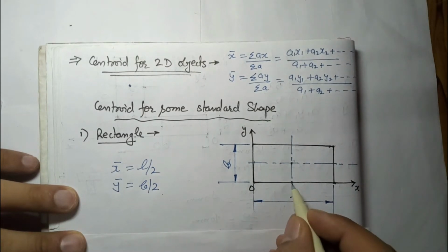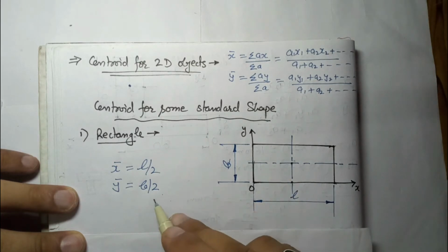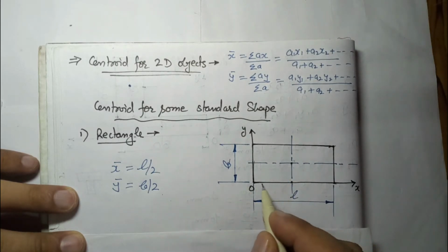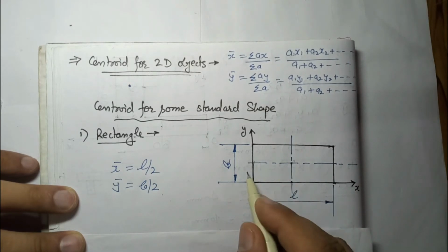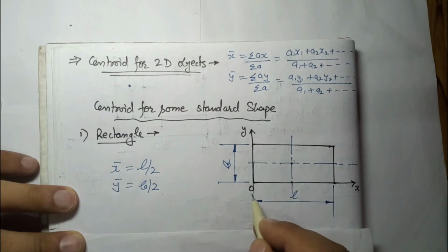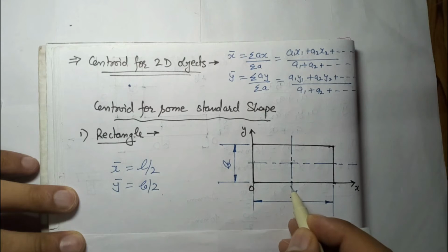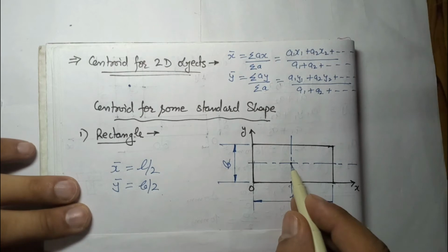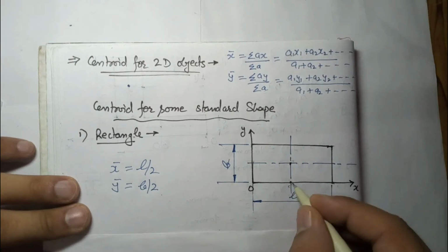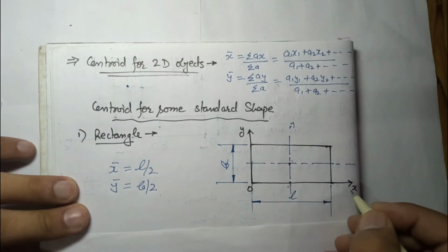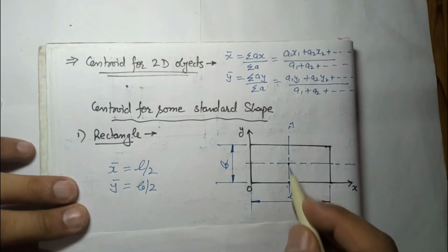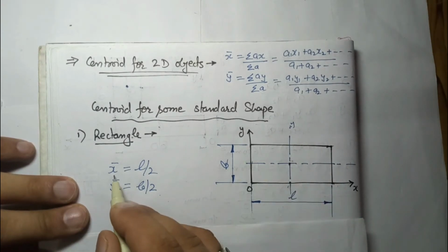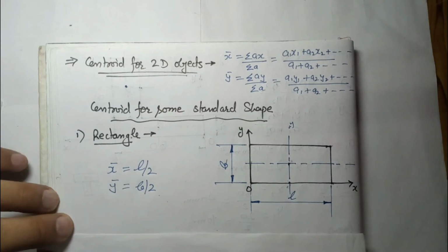In the same question, if you take the origin here, then it will totally change. In that case this x bar will be 0, because there will be no distance in the x direction from the y-axis. So the importance of origin is a lot here. Let's say you have taken this origin; where will the coordinate of x bar be? If you take the origin here, this will become the y-axis and this the x-axis, so the centroid is lying on the y-axis. So what is x bar? In the direction of x from the y-axis, what is the gap? It will be 0 in this case. So you have to be very attentive about the origin.